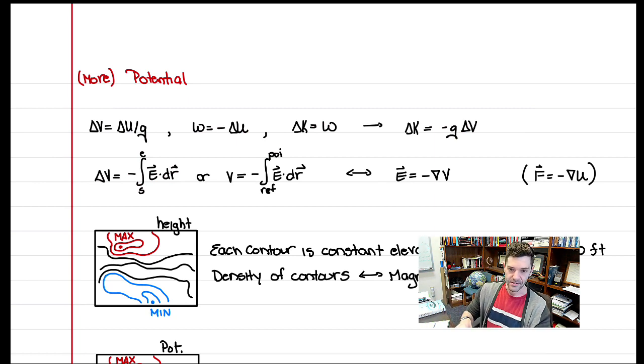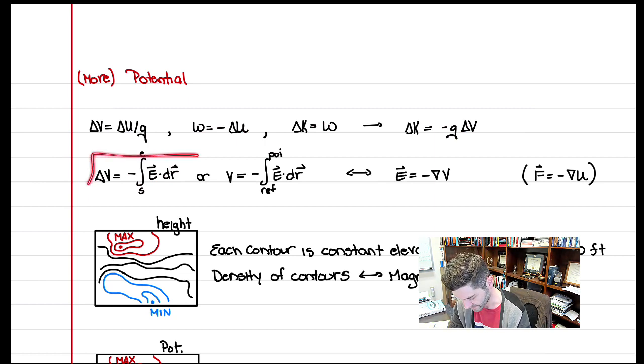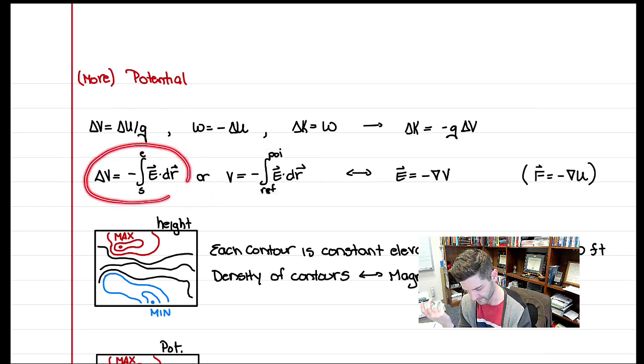Based on the definition of work, which is an integral of F dot dr, and knowing that the electrostatic force is Q times the electric field, we can then come up with an expression like this. Either it is the fundamental definition of how potential changes when you move through an electric field,